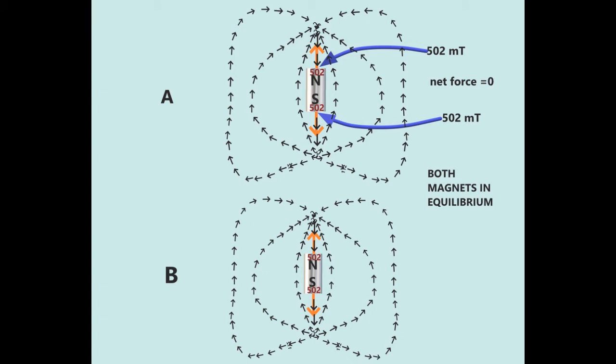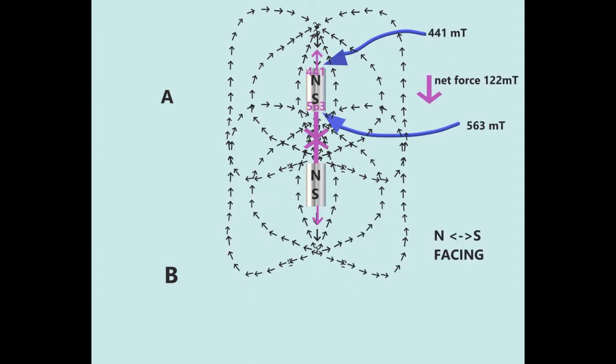As we can see in this picture, the two magnets A and B are far enough apart so their respective magnetic fields are not interfering with each other. When we measure the flux at the North Pole and the flux at the South Pole, we find both are equal to each other, and the forces on the North and South Pole are equal and therefore cancel each other out. Now we look at what happens when we bring the North Pole of magnet B up to the South Pole